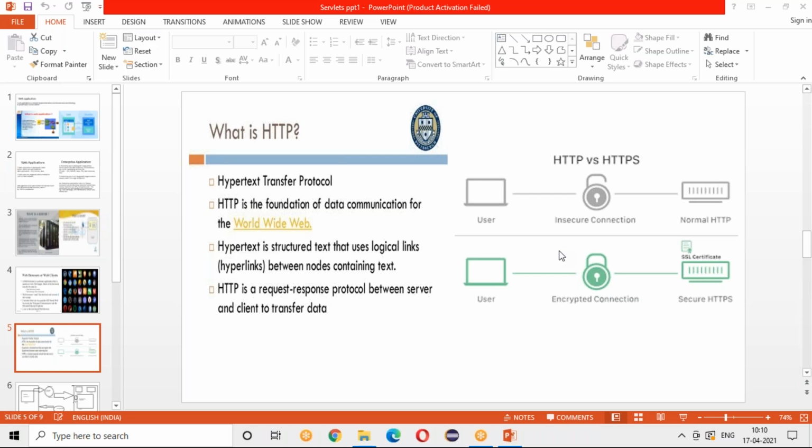It is a protocol, which is nothing but the set of rules and regulations given by the World Wide Web. So any request which goes on the web should be in the form of HTTP, where you have a header and the request body. We'll see how it is there also.